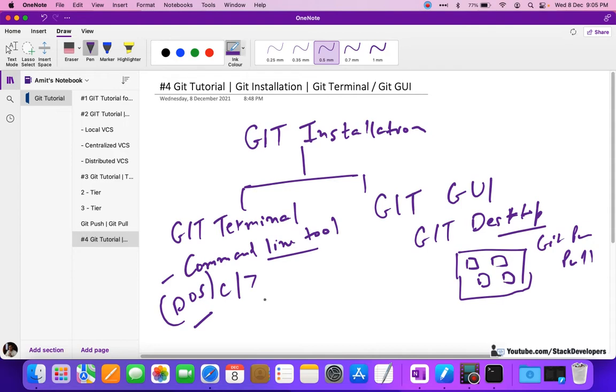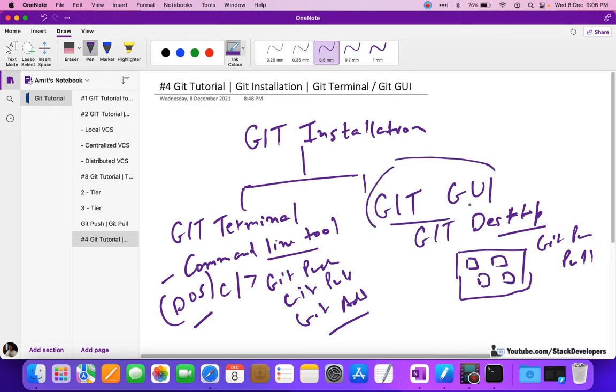But in the Git terminal you need to manually run commands, like git push, git pull, git add. All these commands you need to run manually in the Git terminal. But in a Git UI, you are not required to run any command.